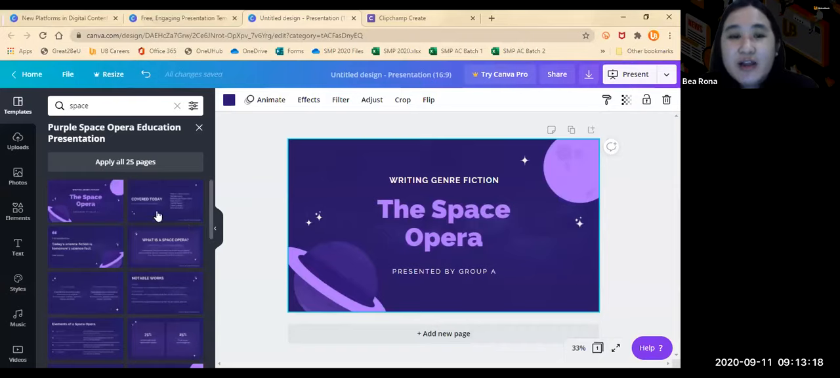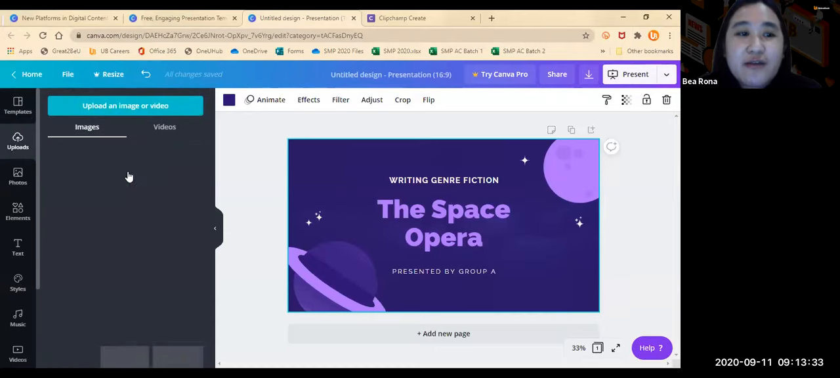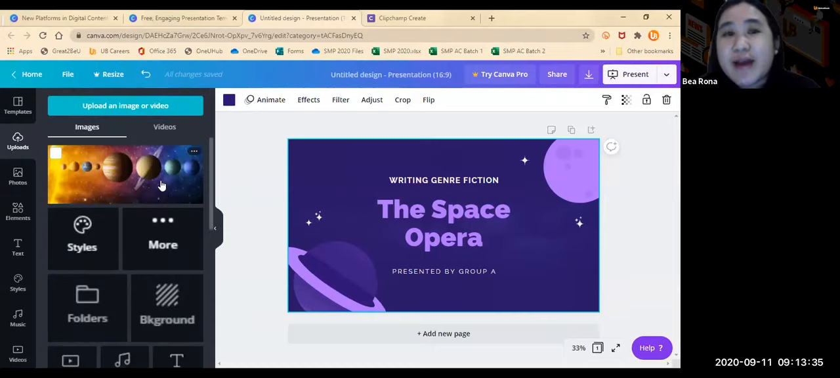So, Canva actually gives you the liberty to mix and match presentations from across templates. So yes, you may use that function po. So yan, that's for the template side. Next, for the uploads, if you have pictures of your own, for example, na ni-research nyo po, pwede nyo siyang